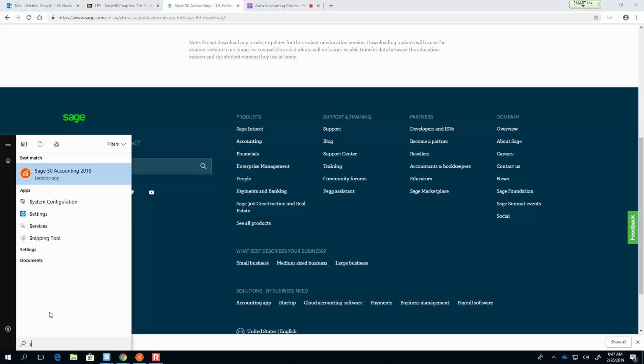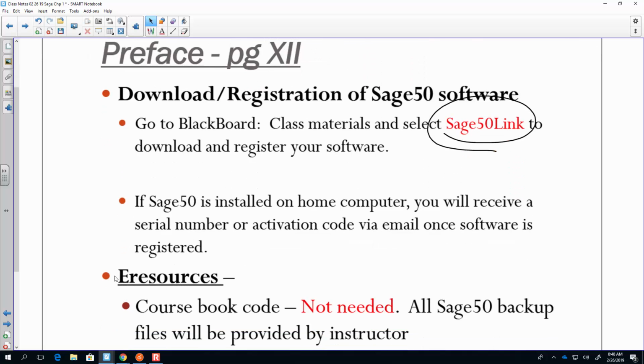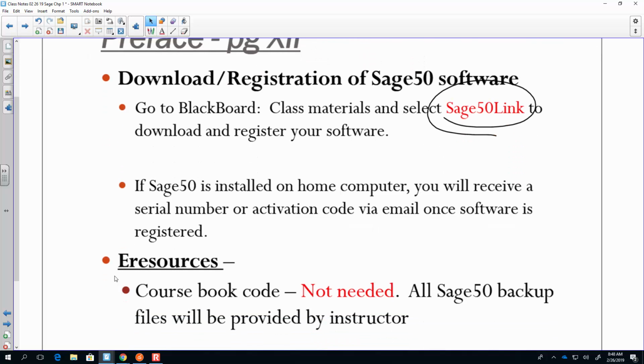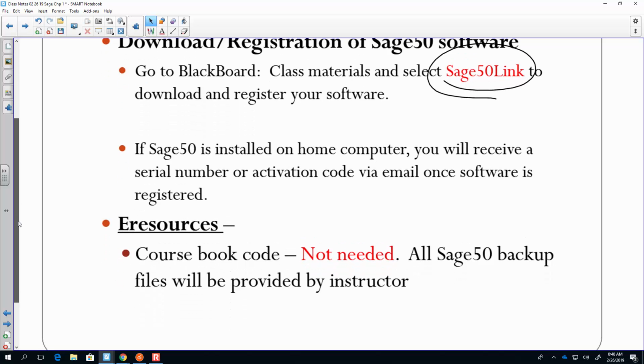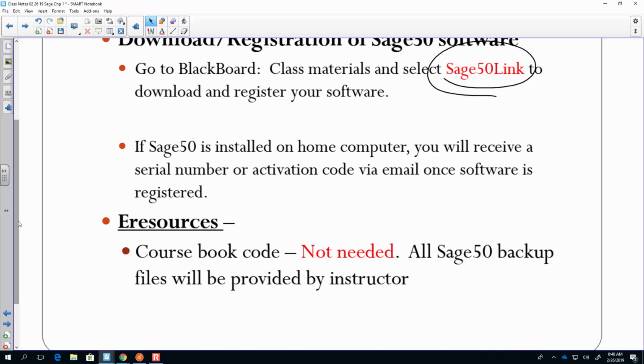So hopefully that will be where it's located. What my discussion will be about today is this installation process. We talked about the activation code. Also, with the book there came with it,